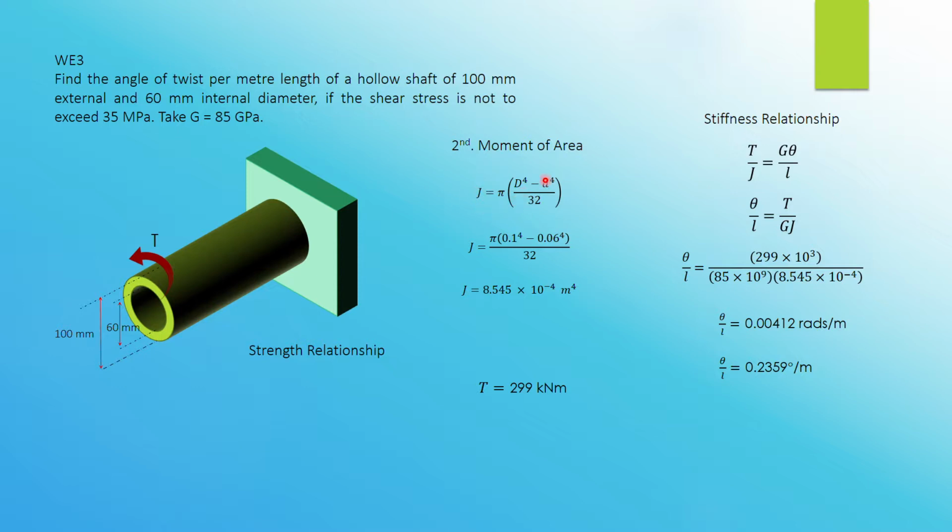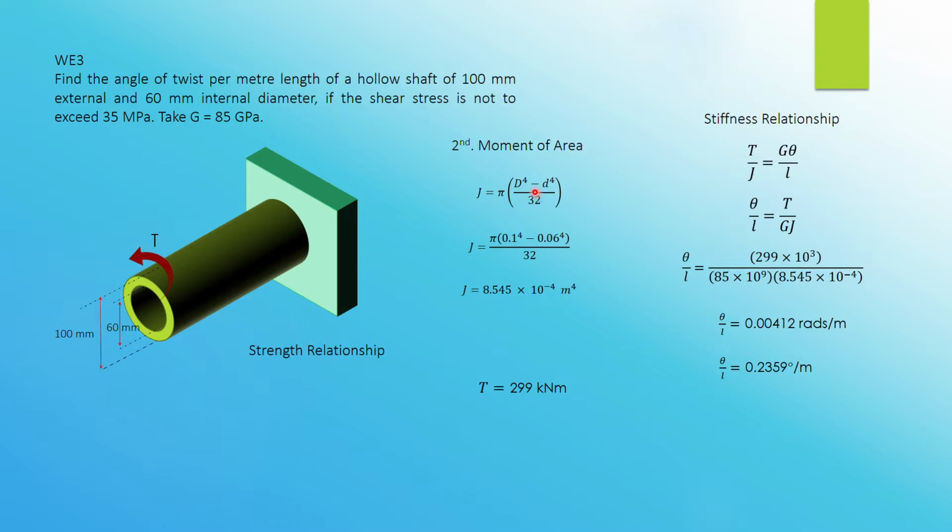This one you have to take into account of the section or the whole, so which you must minus d^4. So this lowercase letter d is actually referring to the internal diameter. The uppercase letter D here refers to the external diameter. So remember, if you want the unit of the polar moment of area, second moment of area in meter to